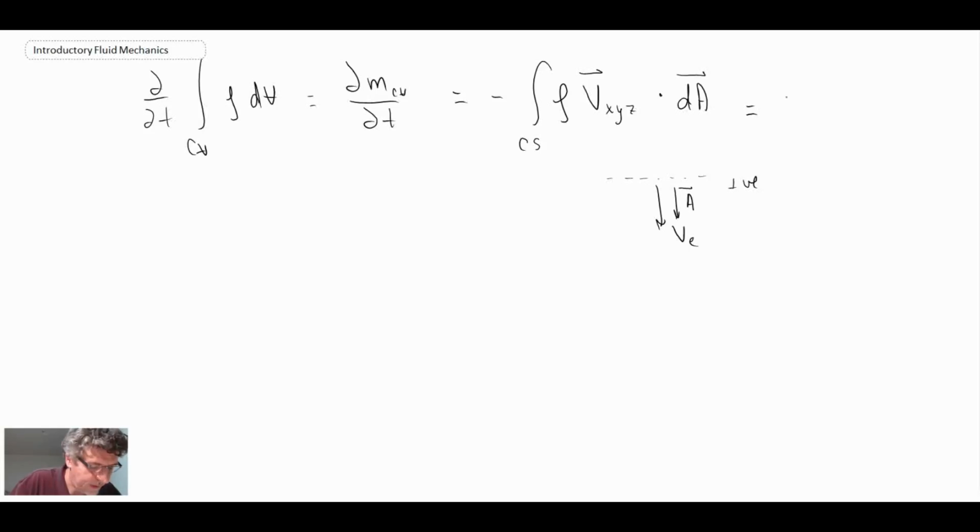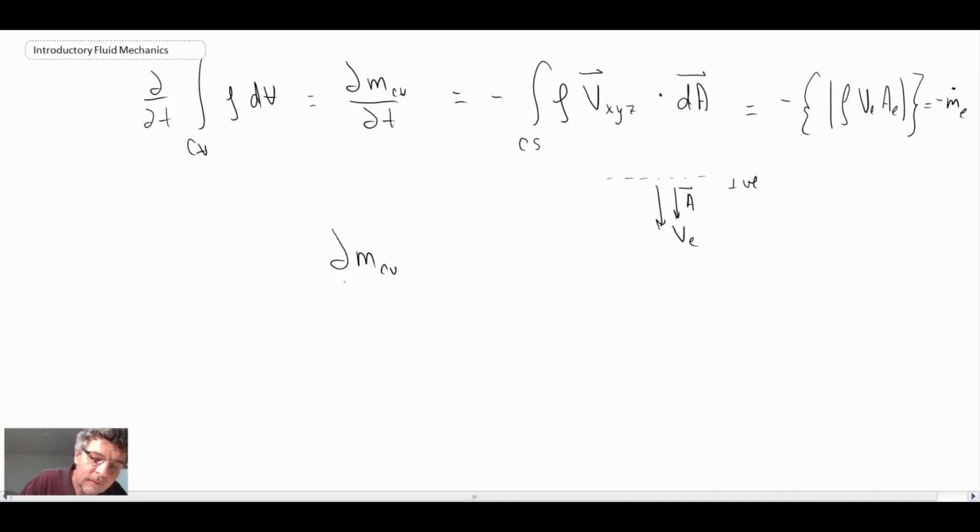So what we end up with is equal to minus m exiting, and I'll put a dot over that. So that's the mass flow rate exiting our control volume. And with this, we come up with an integral equation, so we want to integrate that,